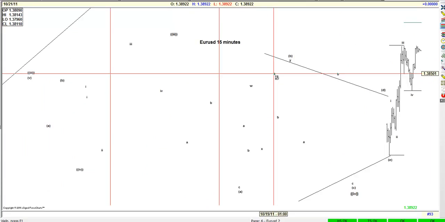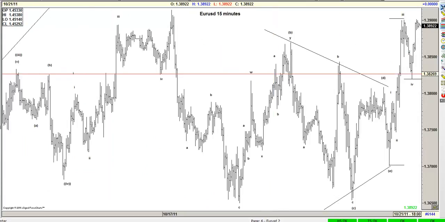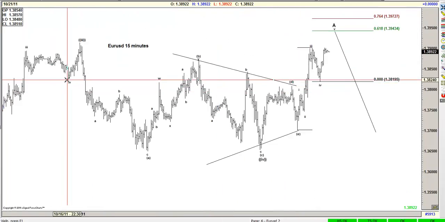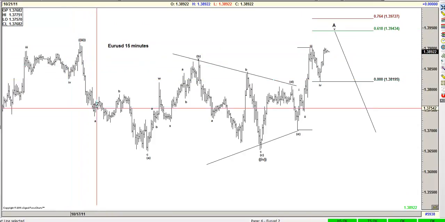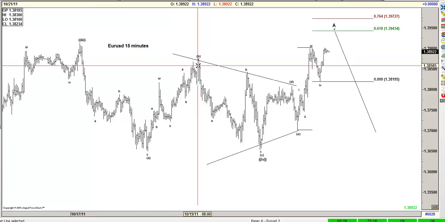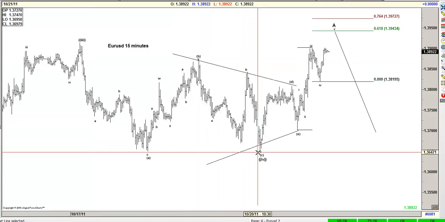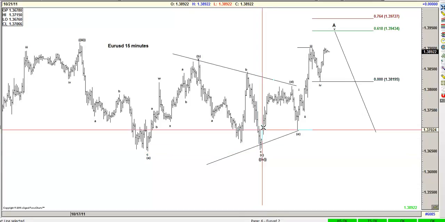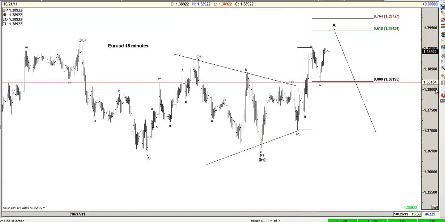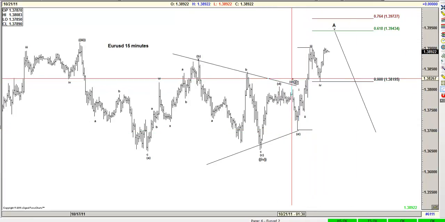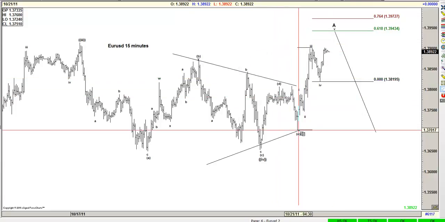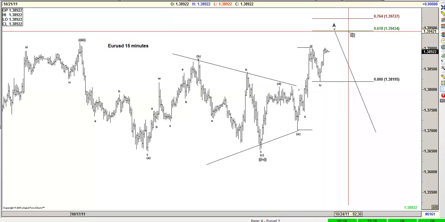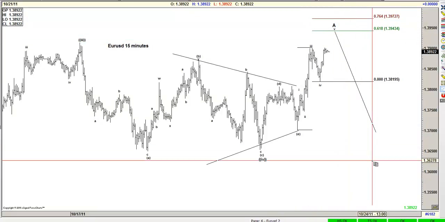this is what we got. 1 hour euro. I'm labeling here. You guys are going to be presented with both scenarios, but I'm labeling here a triangle. And you see the structure: A, B, C, A, B, C, then A, flat, B, C, and then right here you got most likely a D and an E. When the E was a flat, A, B, C, and then from there 1, 2, 3, 4, 5 to either 137, 139.43, 139.72, and lower.